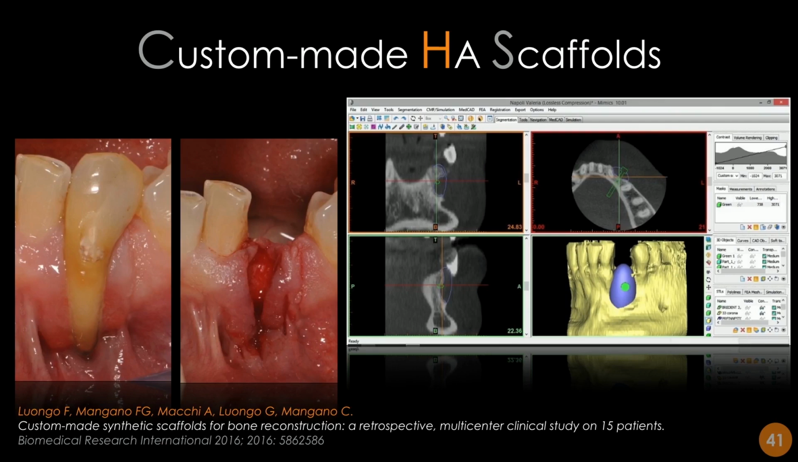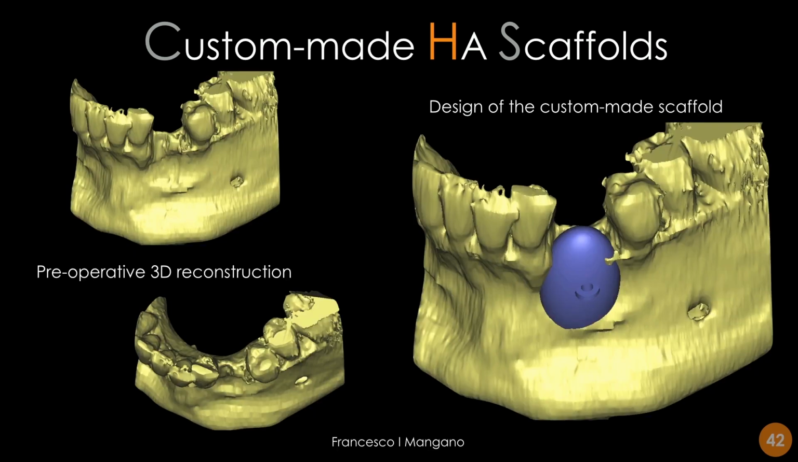Here there's a defect, bone that needs to be regenerated. Cone beam computed tomography, DICOM file imported in a 3D reconstruction software, design of the scaffold that fits exactly the bone defect of the patient. Then the scaffold is milled in synthetic hydroxyapatite using a milling unit, and it's ready for the clinical use and for the application. As we can see, a few screenshots from the 3D reconstruction software, in which we can also